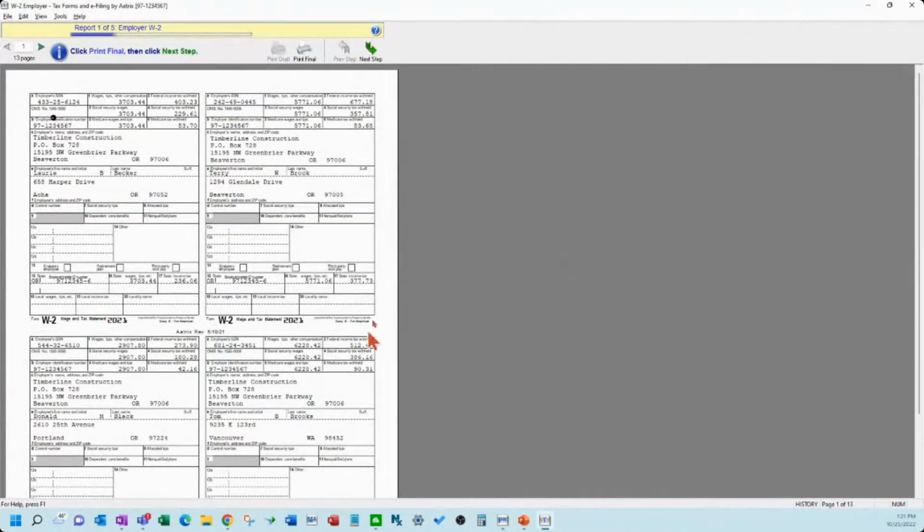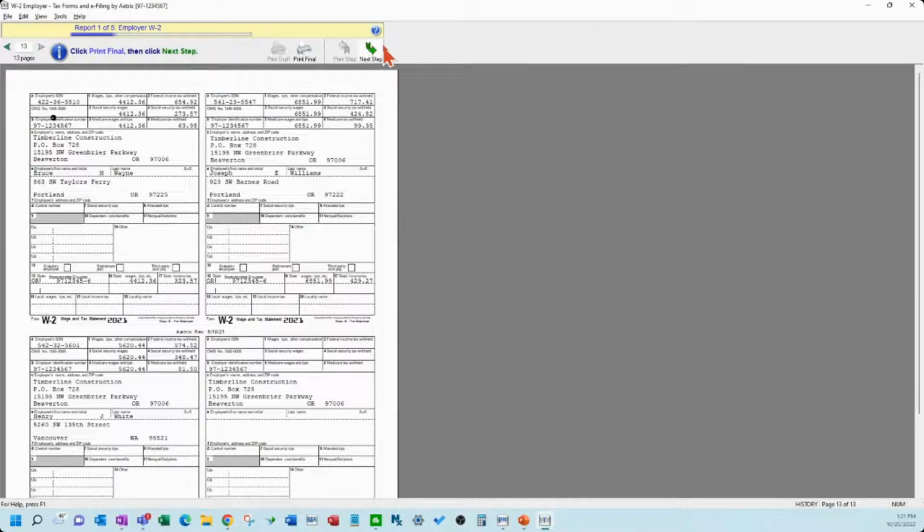Okay, so as you can see, it's created your actual W-2s from your data. It's telling you that it's the employer W-2 copy. So there's many copies, but you can just kind of click through. You can review them, so you can go through your pages here, see if anything looks strange to you. If you really want to go through, look at all these. Notice up here I didn't truncate, so maybe I want to go back and truncate, for example.